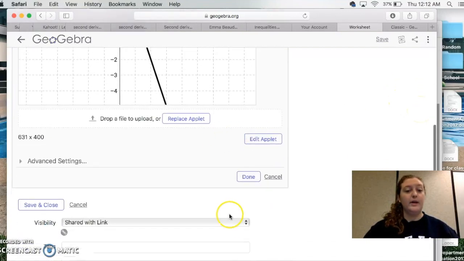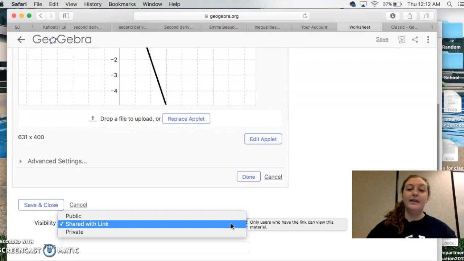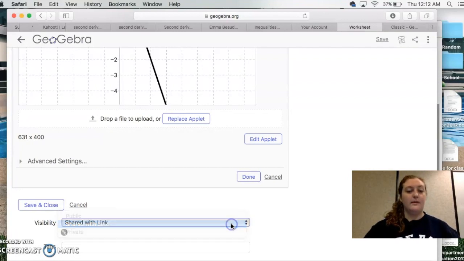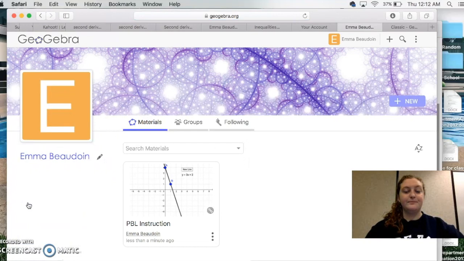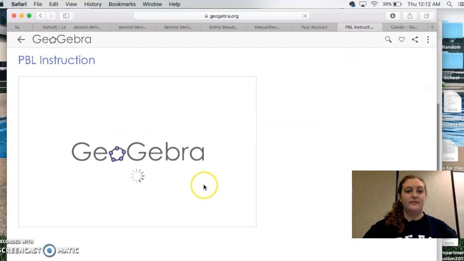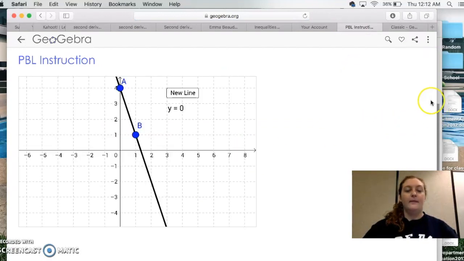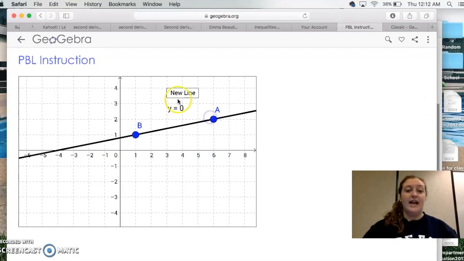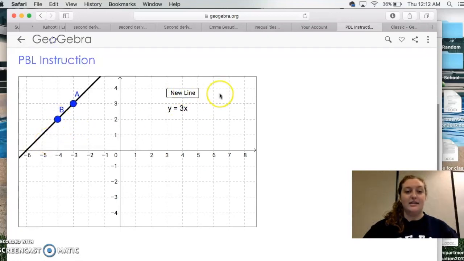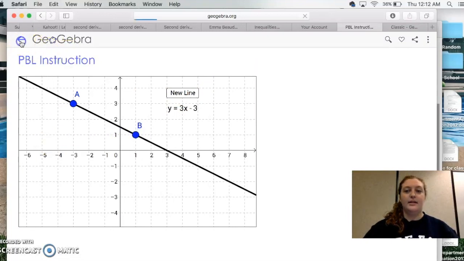This one will be about slope. And then you can change the visibility: public, shared with link, or private. So we'll do shared with link and then save it. All right, and then when your students see this worksheet that you shared with them, they'll be able to click on it like I just did, and then they are able to move this GeoGebra tool in the worksheet, and they can make the different slopes of the lines that it shows right here, and just create new lines. And then now we will go back,